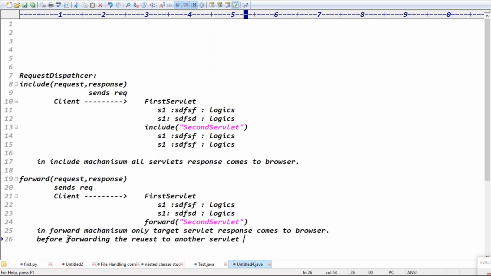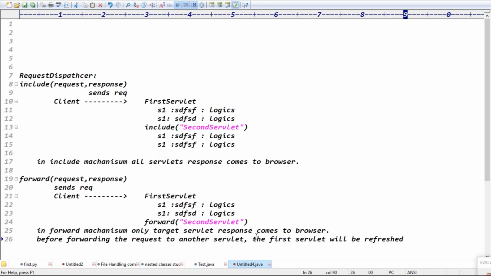Before forwarding the request to another servlet, the first servlet data will be refreshed, right? Yes, refreshed, guys.